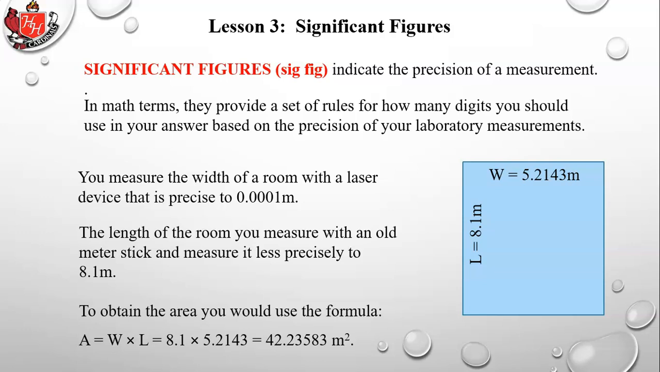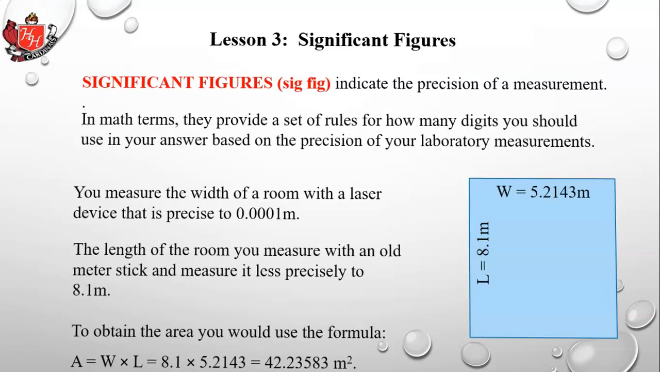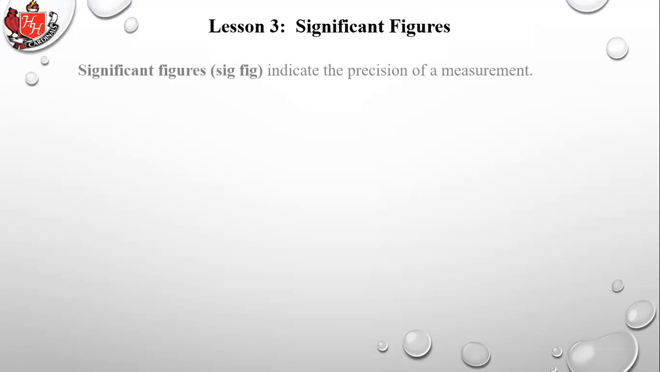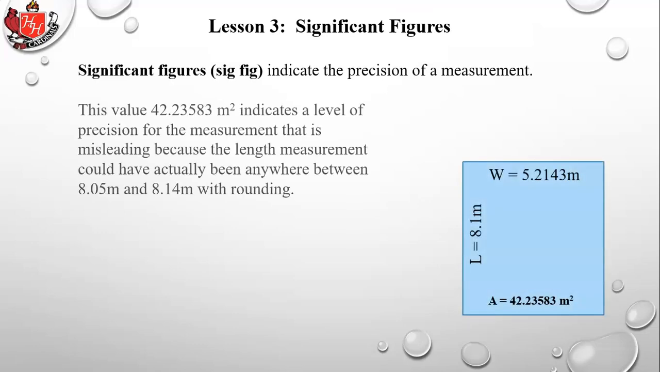So to obtain the area, you know this from math, you multiply the length times the width. So that would be 8.1 times 5.2143, and that would give you an answer of 42.23583 square meters. So the value 42.23583 square meters indicates a level of precision for the measurement that is misleading,